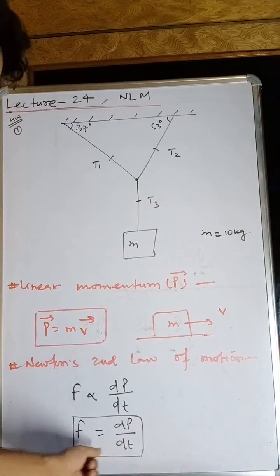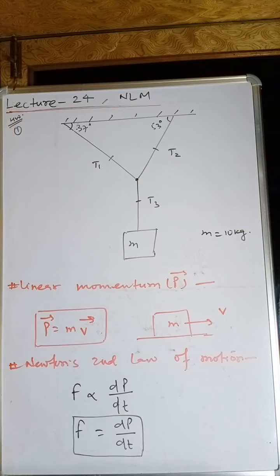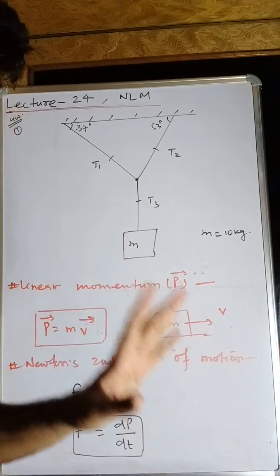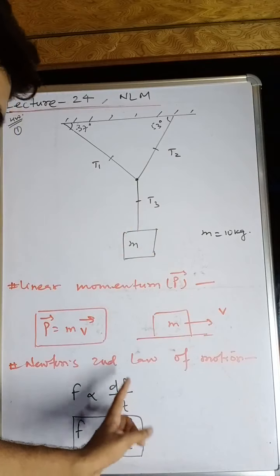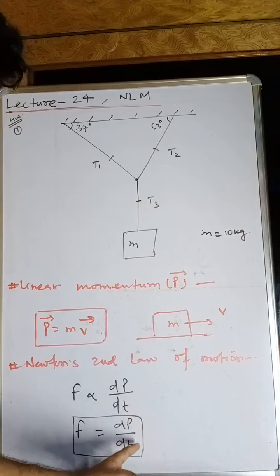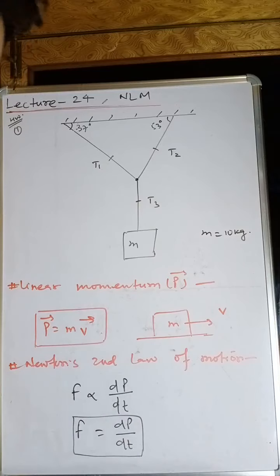Okay, the direction of force. But actually the force acting on the body is totally decided by the acceleration. Remember, because the rate of change in velocity leads to the acceleration. Okay, here we can write